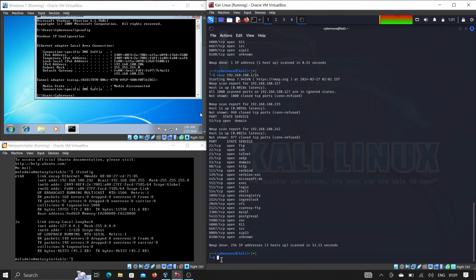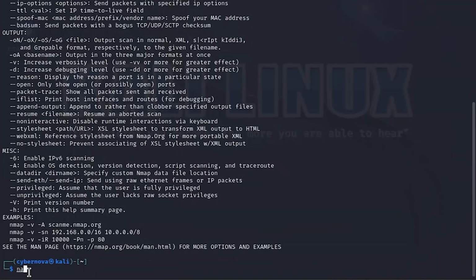Let's start by running a basic scan. First, make sure your Metasploitable is up and running. If you have any other devices on your home network, turn them on so we can scan them as well. To run Nmap, simply type nmap in the terminal followed by the IP address you want to scan. For example, here I am typing nmap space Metasploitable IP address